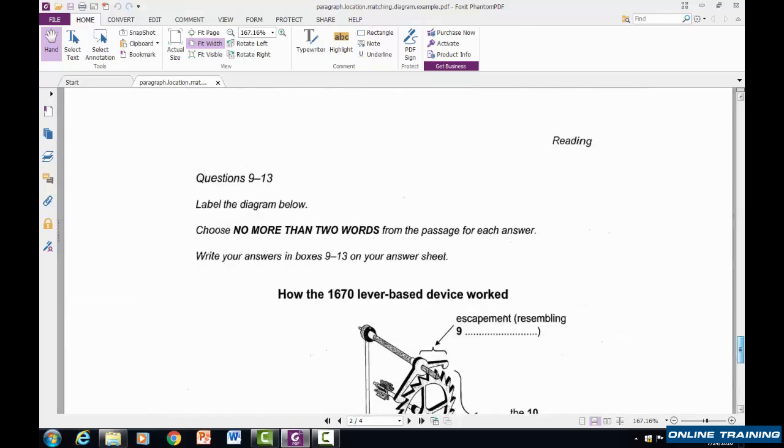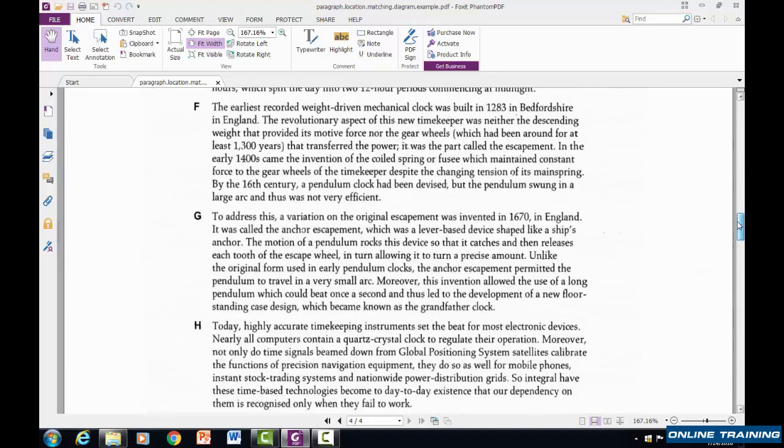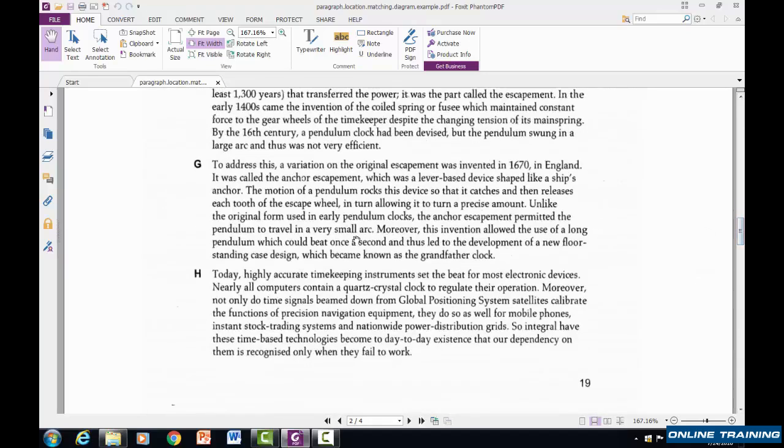All right, and we have one more. We have 12 and 13. We're looking for a sentence that talks about which beats each. A blank, which beats each. I'm going to focus on that language, which beats each. We're scanning through. They're going in order, in terms of their grouping. 10 and 11 were reversed, but